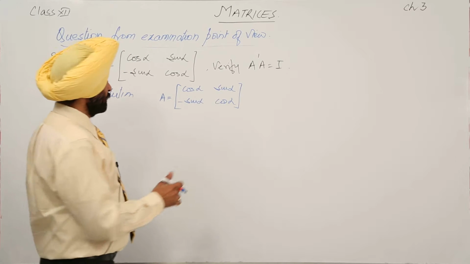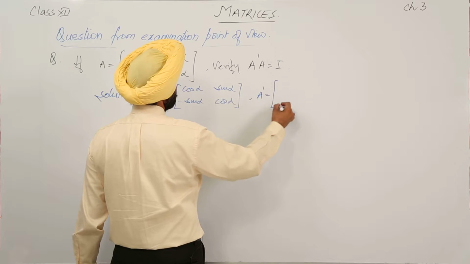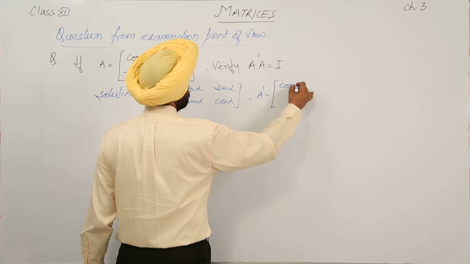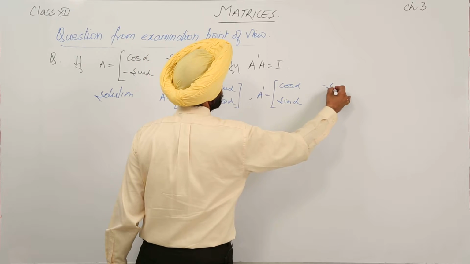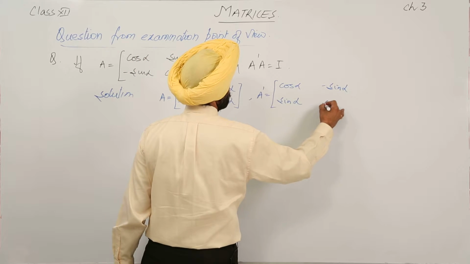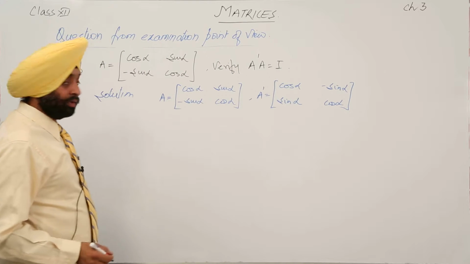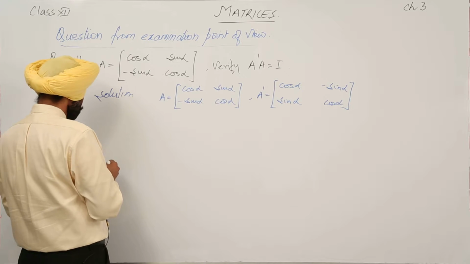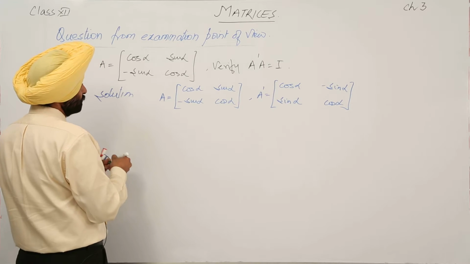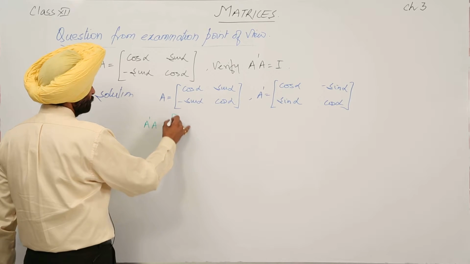Now transpose of A becomes, cos alpha sin alpha, rows into columns, and minus sin alpha with cos alpha. We have to prove transpose of A with A. Now transpose of A with A is equal to